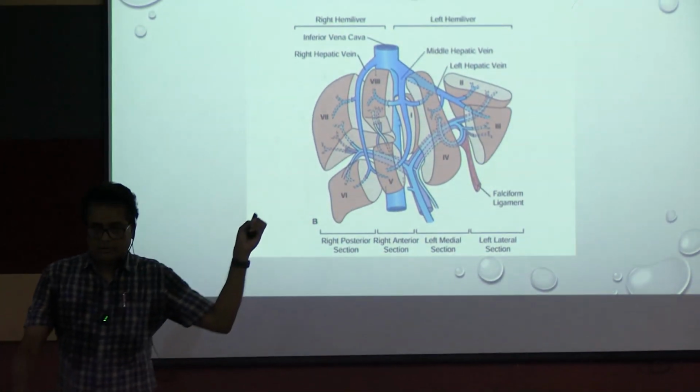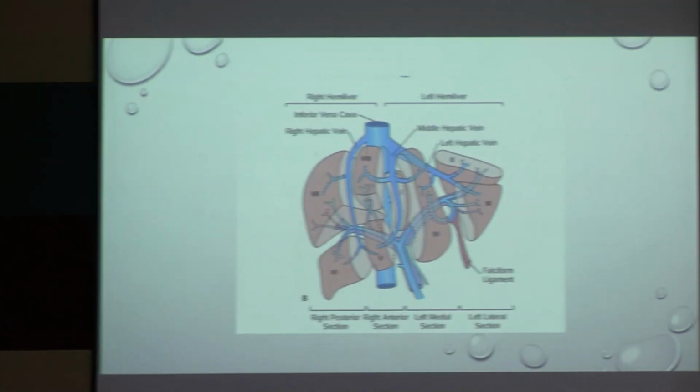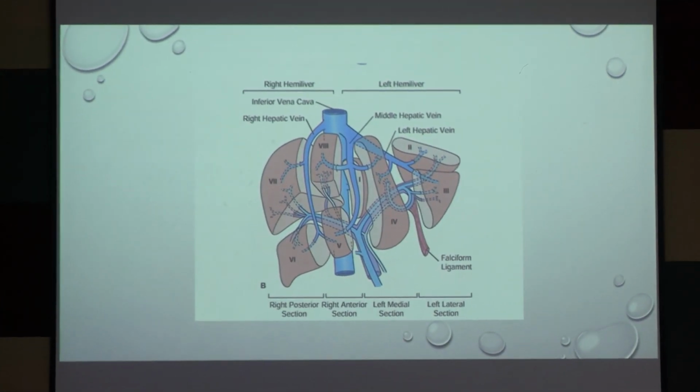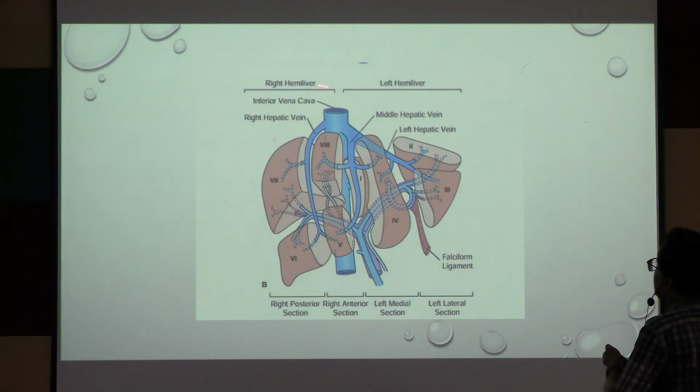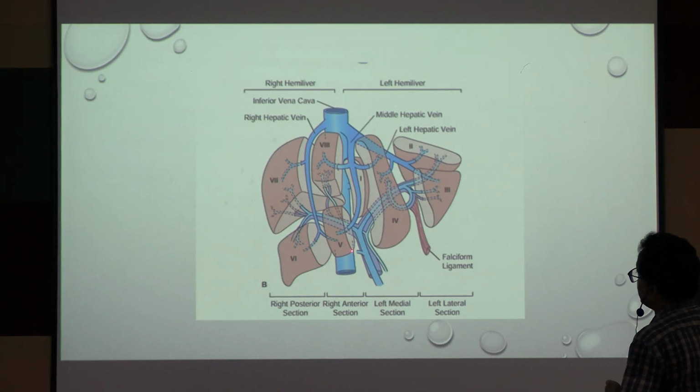And 2, 3 is the left lobe lateral, 4 is the left lobe medial, 5 and 8 right anterior, and 6 and 7 right posterior. এখানে যেগুলো লেখা আছে না, দেখ এটার মধ্যেই তুই সব এটাতে, এই যে এটা দেখতে পাচ্ছিস, এটা রাইট হেমিলিভার। হেমিলিভার মানে হচ্ছে এখান দিয়ে ভাগ হয়ে যাচ্ছে। সো দ্যাট ইজ হেমিলিভার, ইনফিরিয়র ভেনা কেভা থেকে।